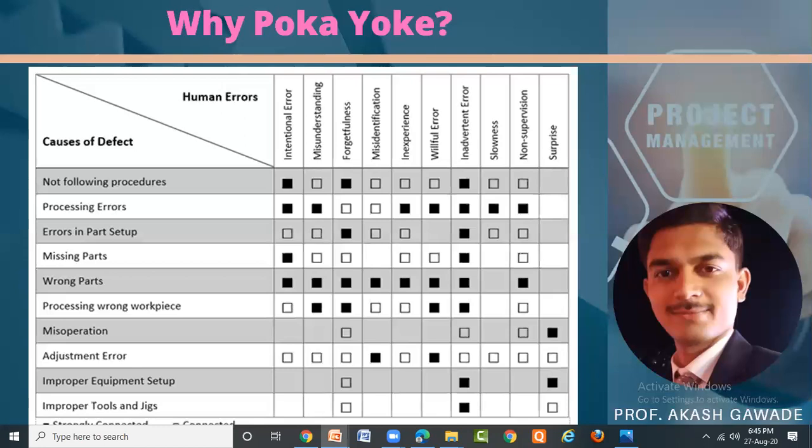In a morning session, your intention or mindset about your work is different. In an afternoon session, your mindset and mood will change. Depending on the mood, the employees will work, so the errors will vary. But we need to detect the particular types of error and give the right quality and right quantity of material to the customer in the right way. That's why this Poka Yoke technique is necessary.